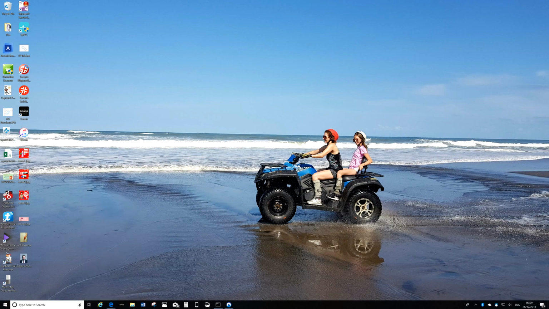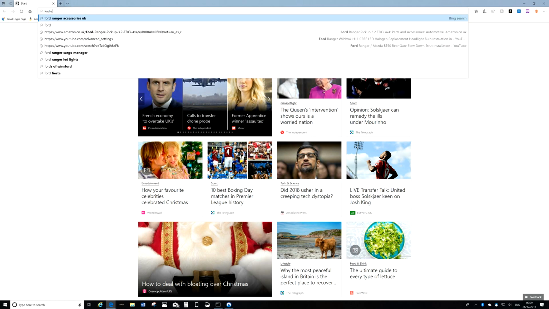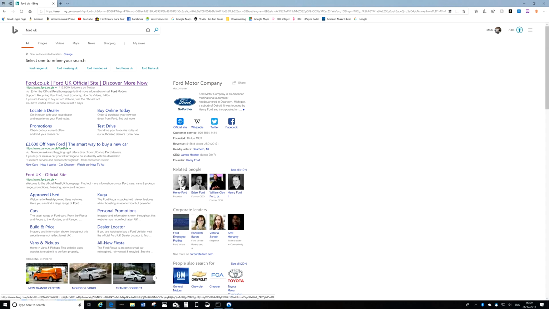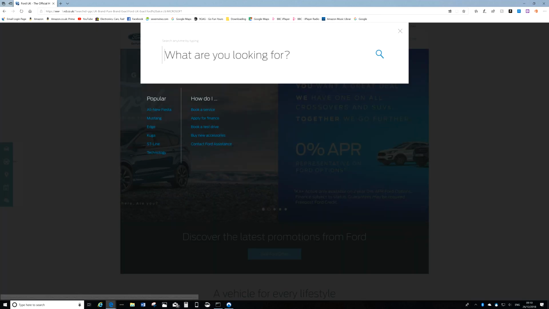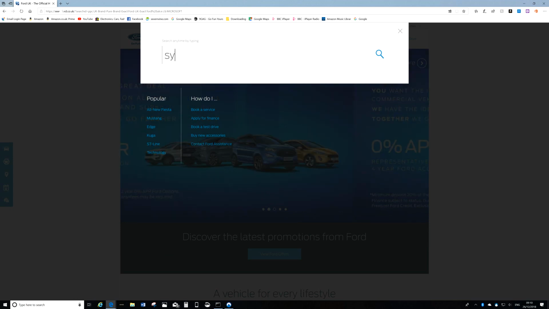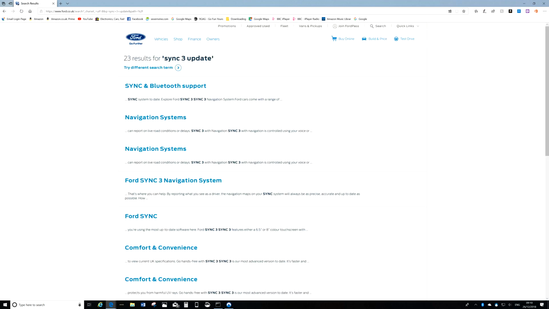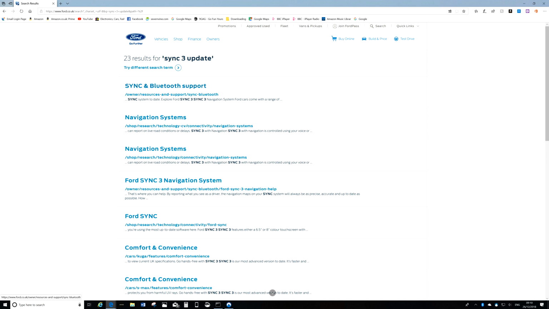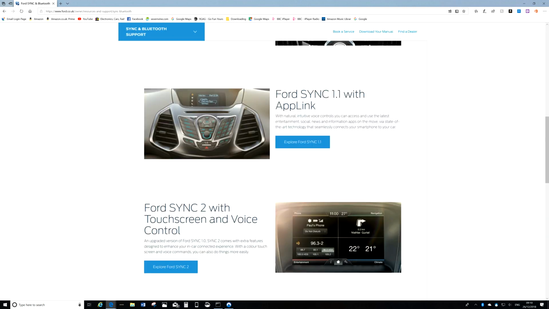Okay, so to first of all find out whether there is an upgrade, you've got to go to the Ford UK website. So if you do a search for Ford UK, bring that up. And then once you're in that, go into search. And what we're looking for is a Sync 3 update. If we do a search for that, at the top there you'll find Sync and Bluetooth support. So you click on that and then scroll all the way down until you come to